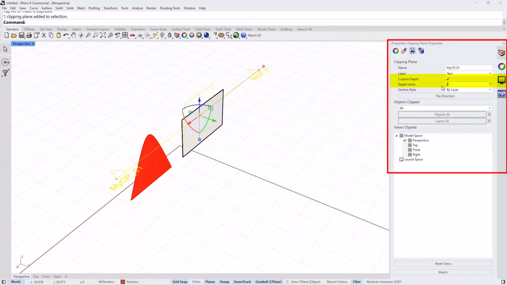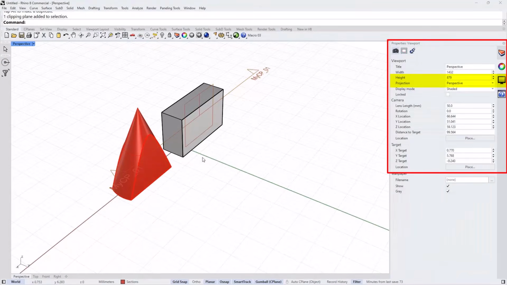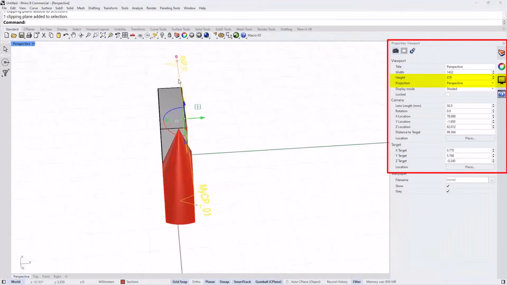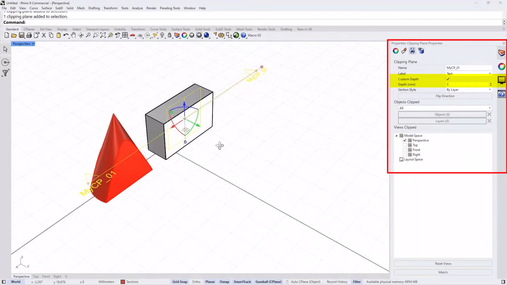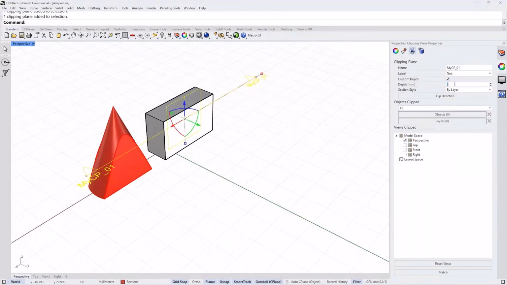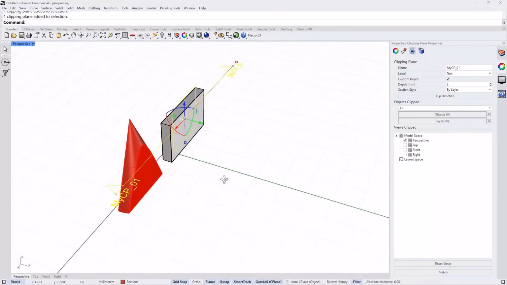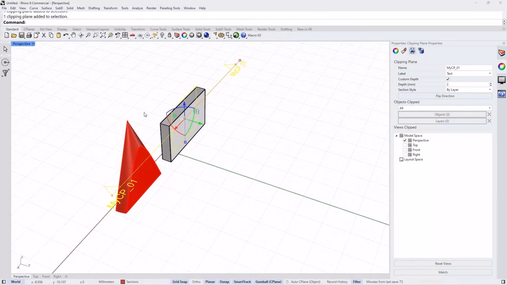But you can set the depth to be any number you want. So it could be 5, for example. This way you can see what looks like a slice with a depth of 2, which is 2 units of whatever units you are using. And that's something that we have here in Rhino.